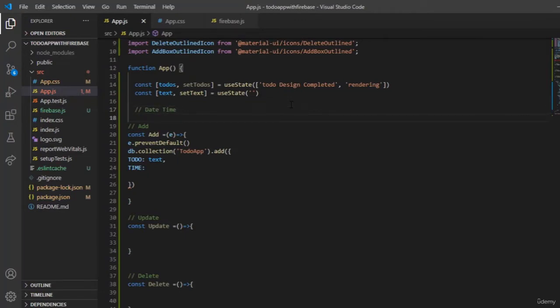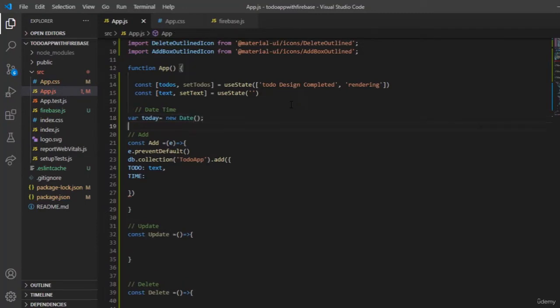Inside this var we will define new Date, var today equal to new Date. Inside this we will make one more var which is dateTime, to store the time in our to-do list, equal to